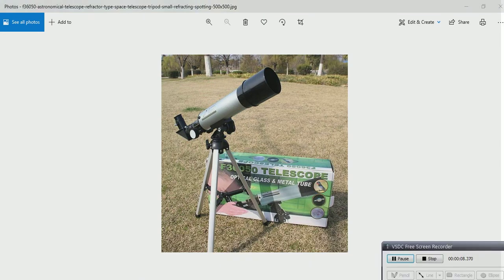Good morning, students. Today our topic of discussion, which I started in the earlier class, is optical instruments. This is the continuation of that chapter. Today we are discussing the astronomical telescope, which is refracting type. First I will discuss the outer diagram, or how it looks from outside. Then I will go to the internal diagram, which is where the question will come from.